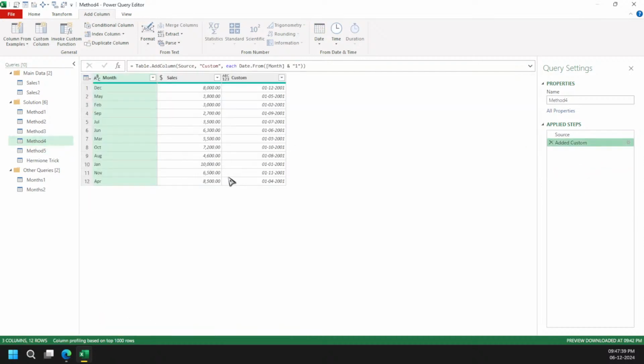Let me remove everything. So instead of directly jumping into the Table.Sort function, what we can do is come here, add a column, add our function, and then we can do so many things. So let's say I am going to go back 3 months. If I am going back 3 months, what might happen?